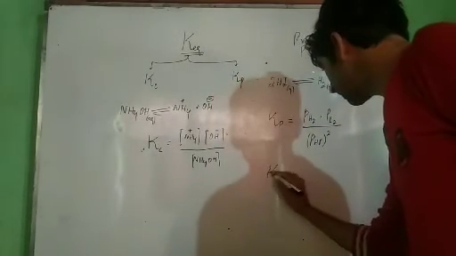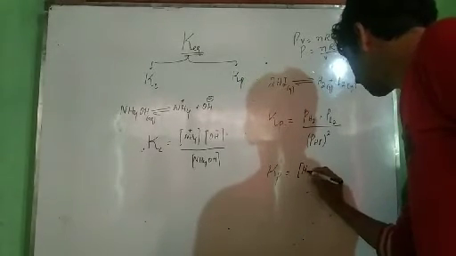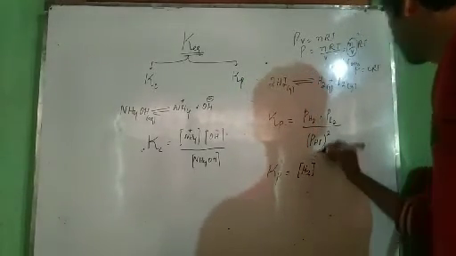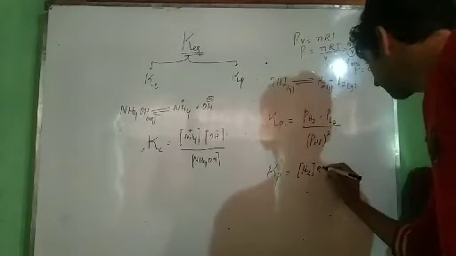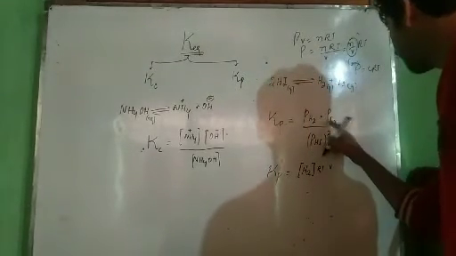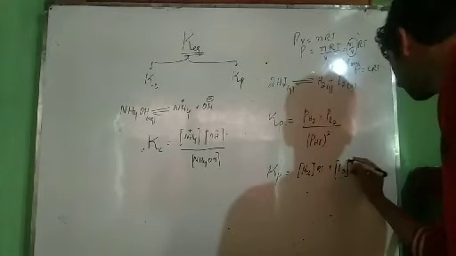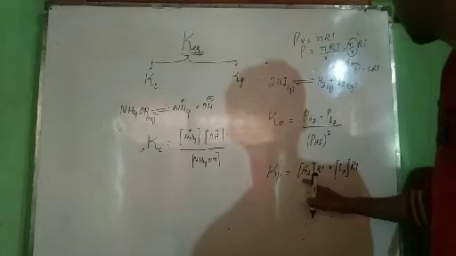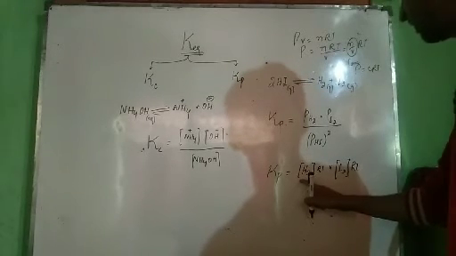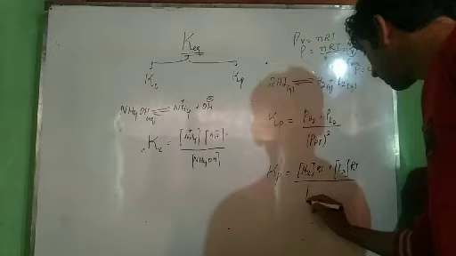I can write it like Kp is equal to concentration of hydrogen, that's active mass of hydrogen, into RT, into concentration of iodine into RT. Where from do I get this RT? Because P is equal to CRT. C is the concentration. Concentration is represented in square brackets, that's active mass, divided by concentration of HI